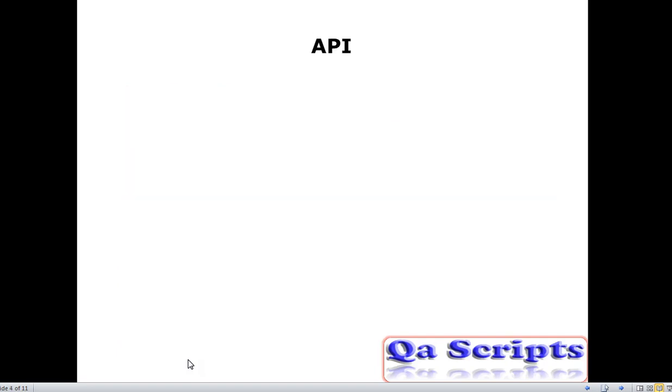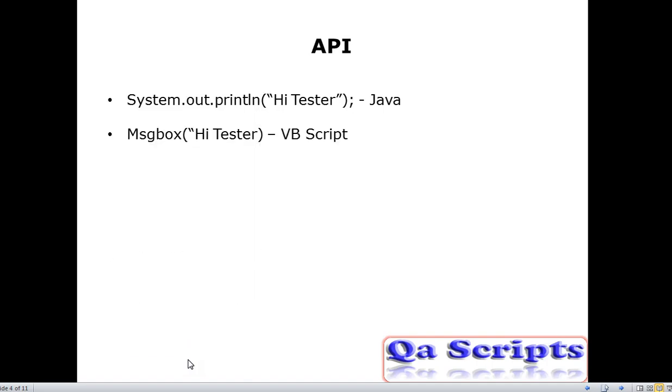Now I want to print one simple message saying hi tester, in case of Java, and hi tester in case of VBScript.